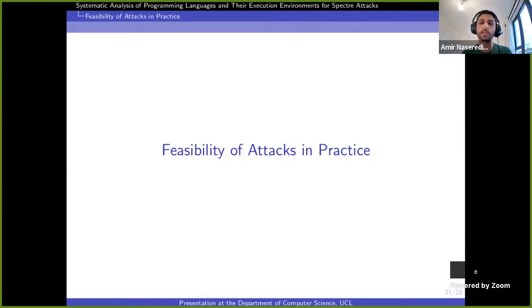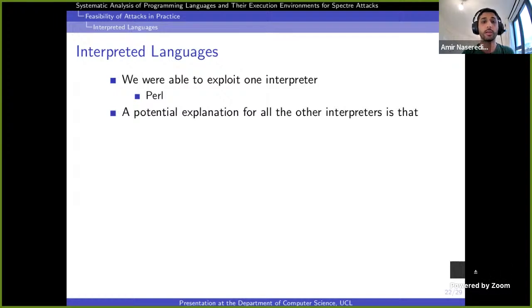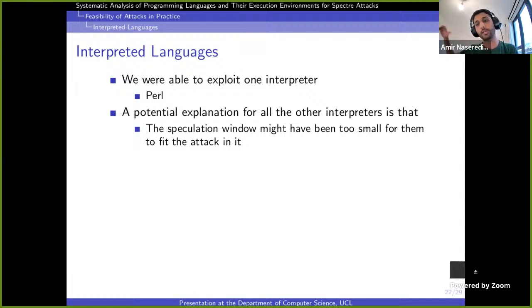So using Speconnector, we took a look at interpreted languages, and we were able to exploit Perl against Spectre attack and retrieve the information. A potential explanation for the other cases that we were not able to do is that maybe the speculation window is a little bit too small to fit the attack in it.